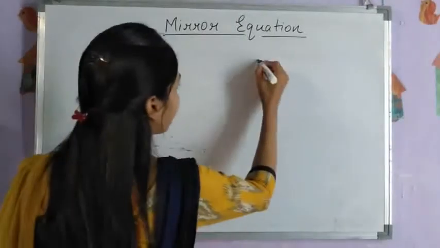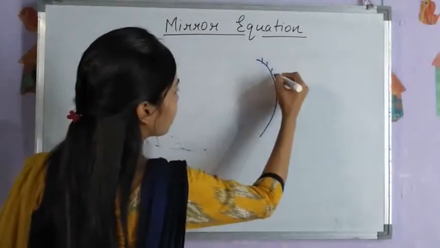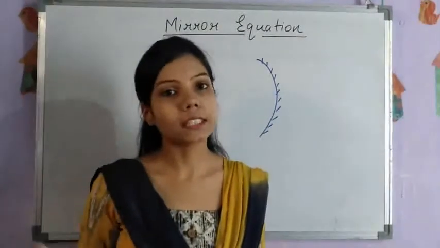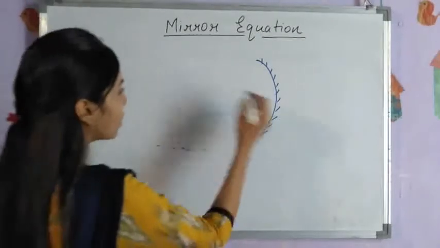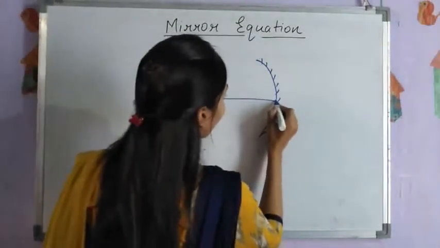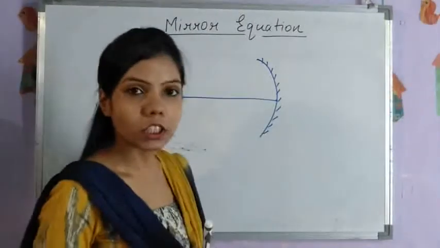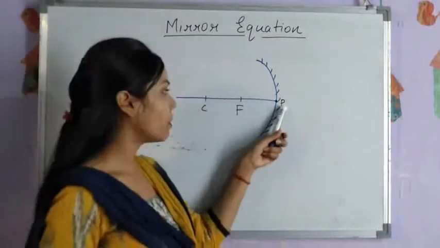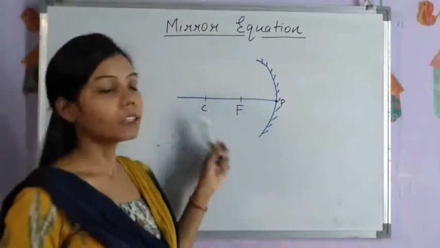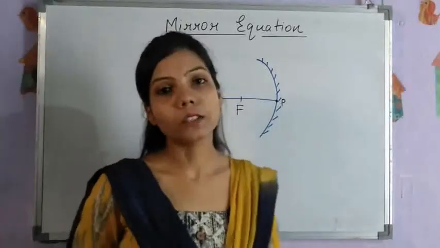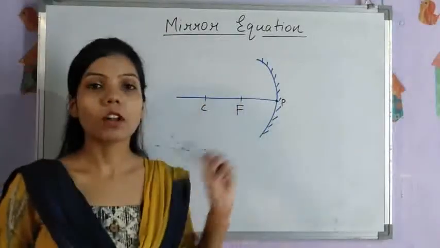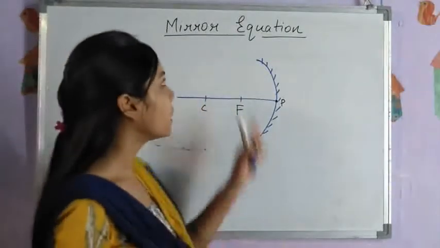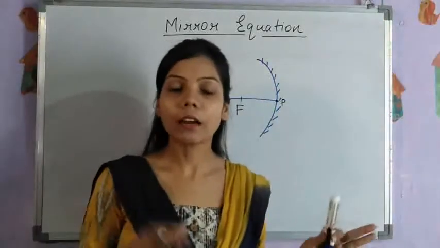We will first take into consideration the concave mirror because we know that this formula never changes even if we change the type of mirror. So we will take the concave mirror, and you are already familiar with the points which lie on the principal axis, right? The focus is the midpoint between the pole and the center of curvature, and the line which joins all these points is known as the principal axis. So about all these points we are already familiar, right? Now we will see what is the relation between the equations which we are going to derive.